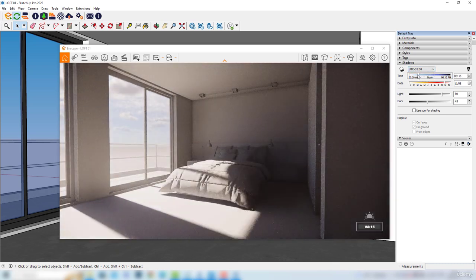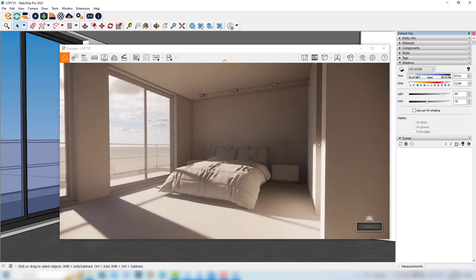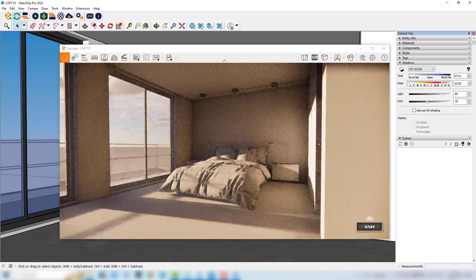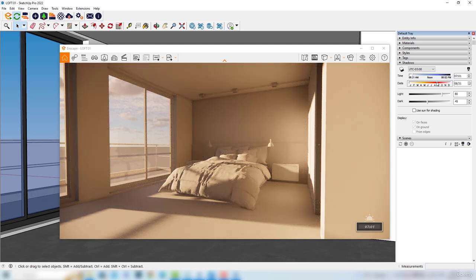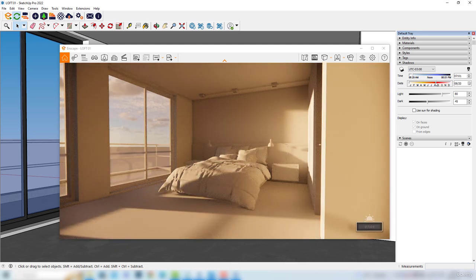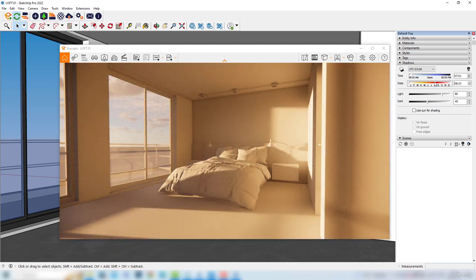So basically, when we start to change the parameters of the time and the date, we can really achieve some very interesting results with the shadows here being cast. And we can see that the colors in the whole scene can get very interesting. And once again, we can, of course, change the sun's position by using the sliders of the shadows tab here